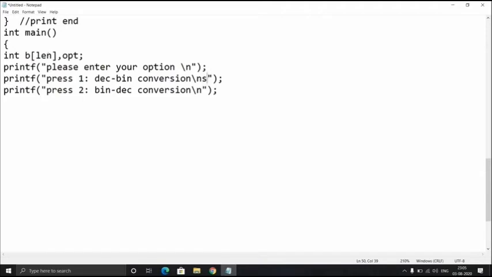Okay, I'm going to take the input from the user using the scanf function. Here the user will give his input whether he wants 1 or 2, and if the decimal value is greater than 0, then only the if statement will be executed.